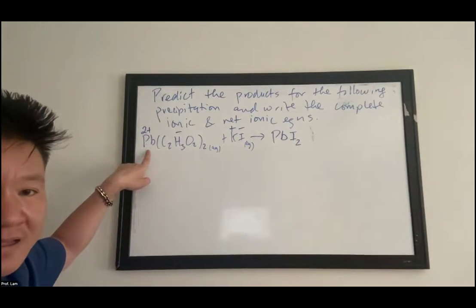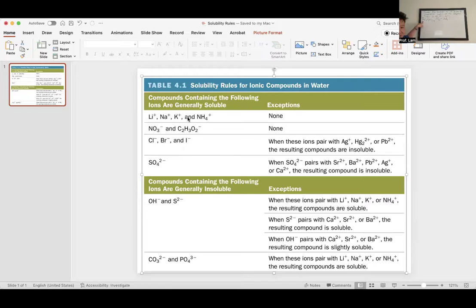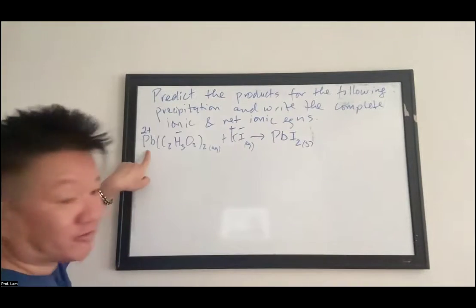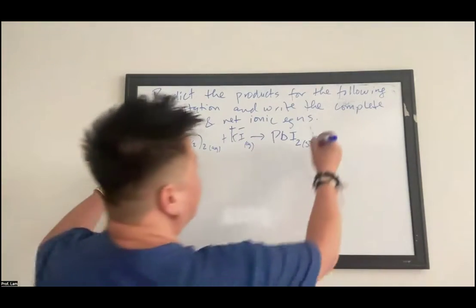And then I look at my solubility chart and I see, oh, iodide is generally soluble, except for when it's paired with lead, and it's insoluble. Okay, so I do have a precipitation reaction. I'm going to put solid there. Plus,